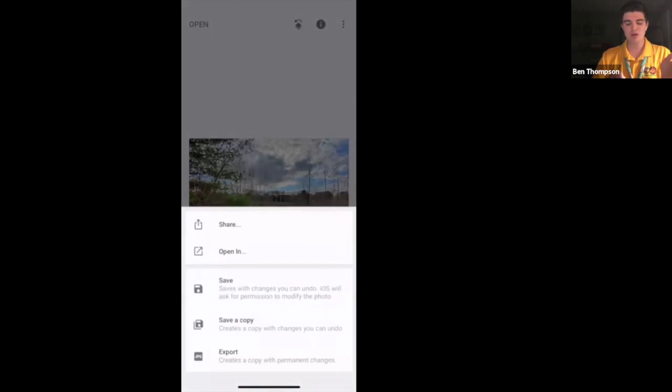But once you're done with that, what you can do is either save it as the original photo or save it as a copy. And my biggest suggestion as a professional photographer is always save it as a copy. The reason for that is, if, let's say, you show it to your friend or somebody else and they say that looks too fake, and you didn't save a copy,